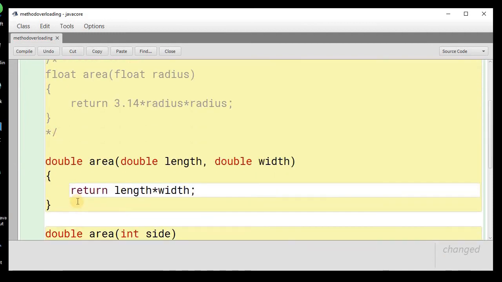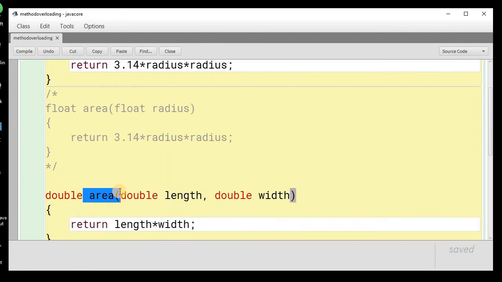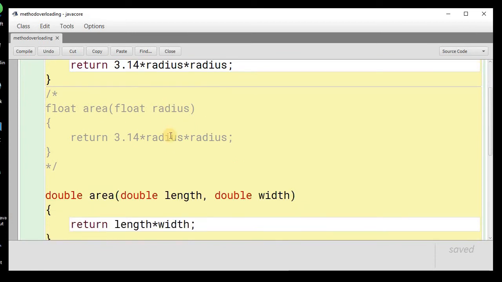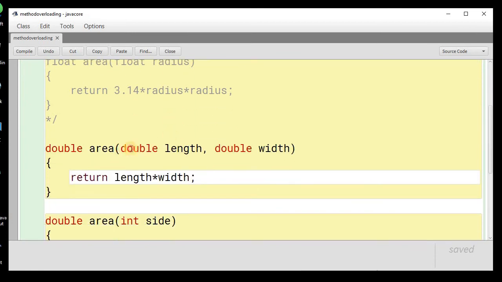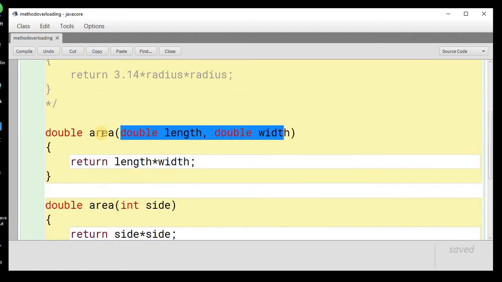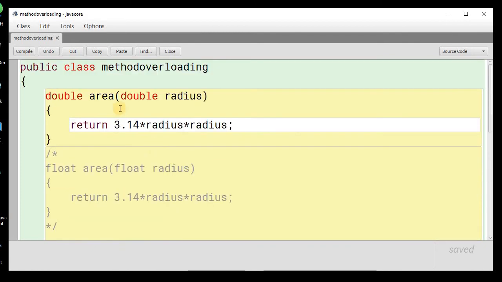method overloading. We can see this is one function with the same name, this is a second function defined with the same name. We have just differentiated the parameter list. In the first we have one parameter, in the second we have two parameters. So in this way we can overload the methods. This is the third example where we are calculating the area, and this is a single parameter but the type is different.